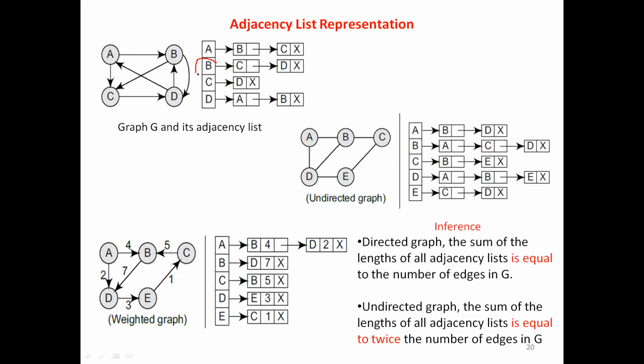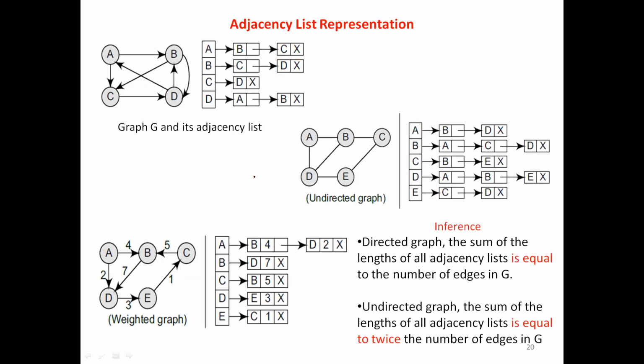And you look at this B. Who are all the adjacent nodes of node B? Since it is a directed graph, C and D. Yes, C and D. So B is connected to C, and C is connected to D. No issues. It means that when I take node B, I can easily find out who are all the adjacent elements of this node B. That's all.